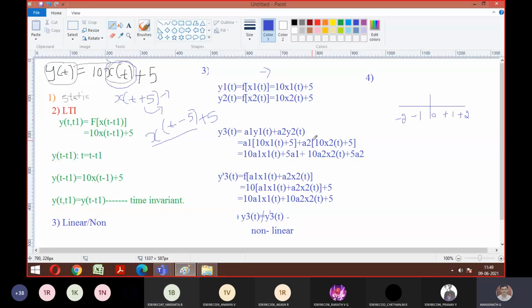Yes, sir. So now you conclude with this. Whatever values you give to x of t, for example, if I give x of 0, it is y of 0 only. If I give x of 1, it is y of 1 only. Correct now? Then it depends upon the present input only. So hence you can conclude the given system is causal. Understood or not?